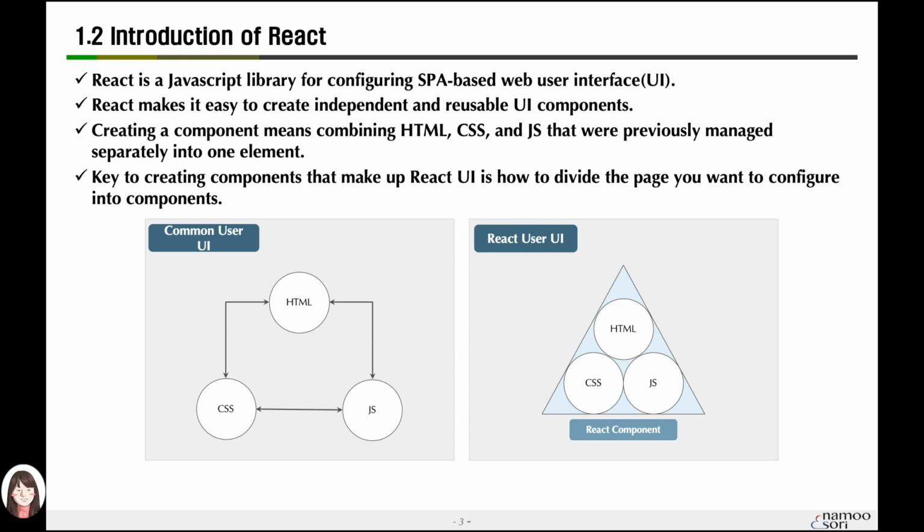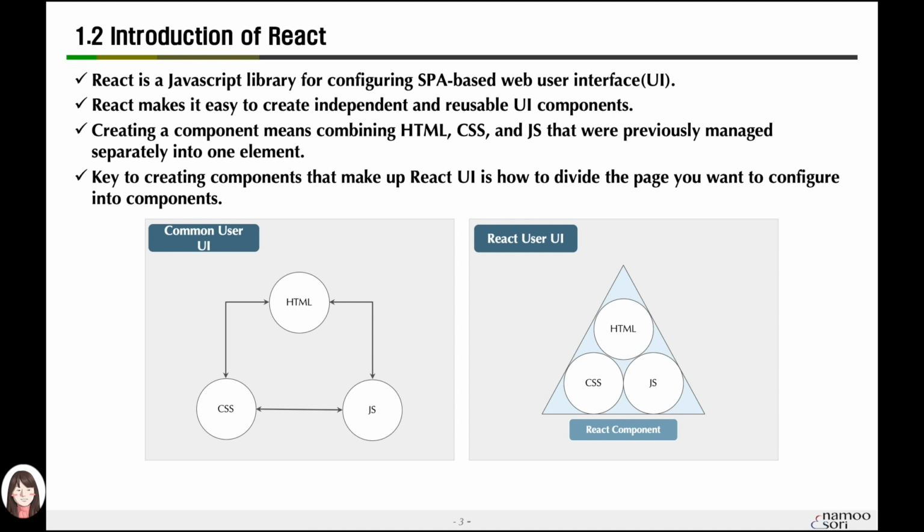So, React bundles this HTML, CSS, and JavaScript so that it can be configured as a single component. In other words, if you create a component using the React library, the HTML element, CSS element, and JavaScript are grouped together in this component.